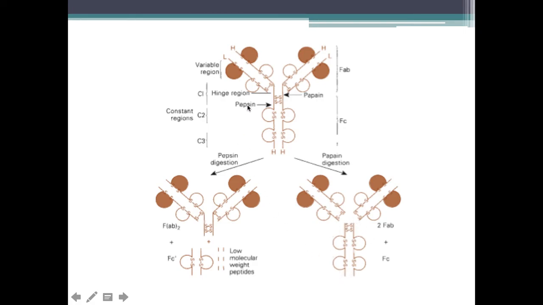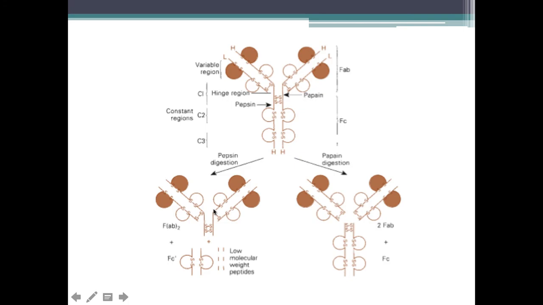Now, the other enzyme is pepsin. If you use pepsin to degrade an antibody, it acts below the hinge region so that you will have these products. You will notice that in this fragmentation, the two antigen binding sites are still connected to each other so that you get a big fragment with two antigen binding sites. Thus, this is how we denote here. If you'll notice F(ab')2, this is how we denote